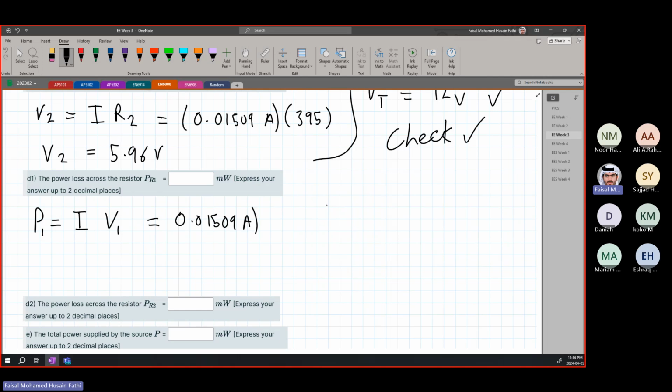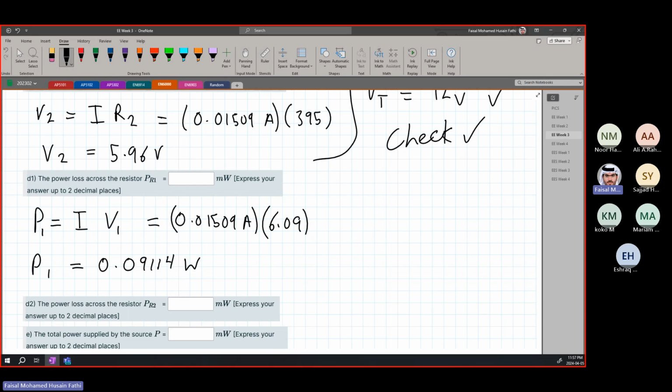Again, it has to be in amperes, remember? Tamam? Times V1, which we found from the question earlier, which is 6.09. So P1 is equal to, we just multiply these two, and we are going to get 0.09114 watts. However, the question says we want it in milliwatts, so we have to multiply by 10 to the power of 3